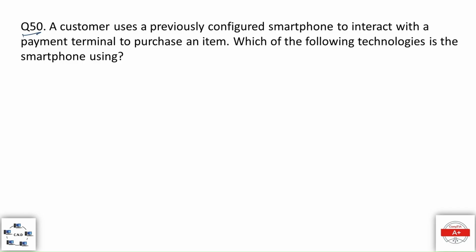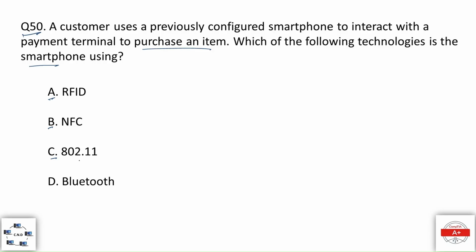Question number 50. A customer uses a previously configured smartphone to interact with a payment terminal to purchase an item. Which of the following technologies is the smartphone using? The options are option A, RFID, radio frequency identification, option B, NFC, that is near field communication, option C, 802.11, which is the Wi-Fi standard, and option D, Bluetooth. And the correct option is